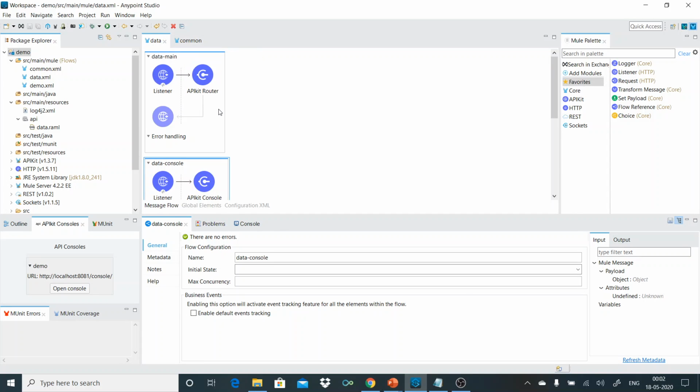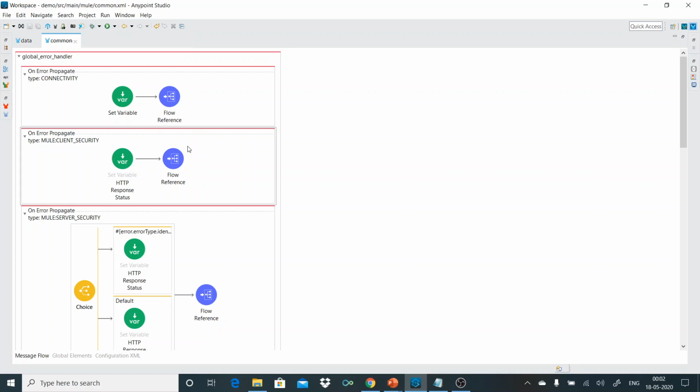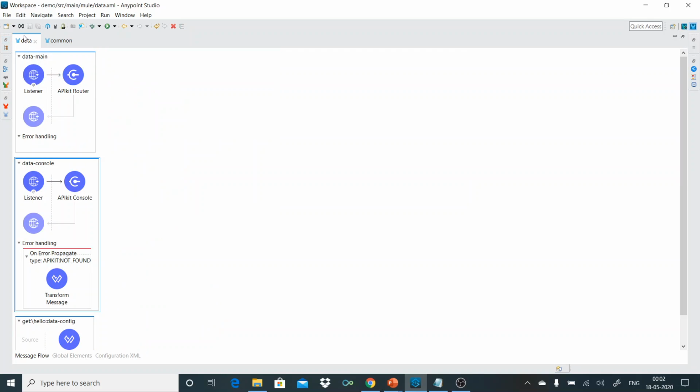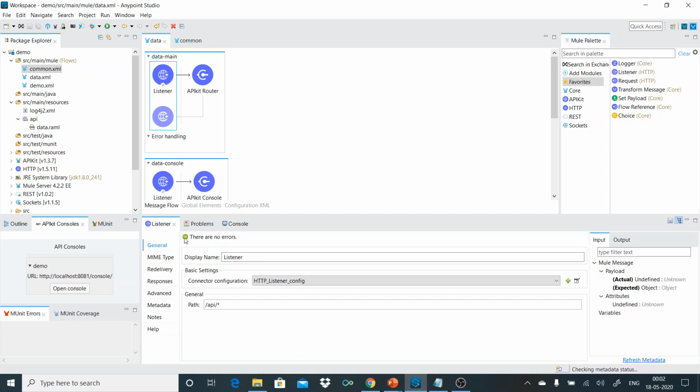Now create a common.xml Mule configuration file, and in that we'll do the error handling. Before starting this, just ensure that in the listener we are going to set the response.